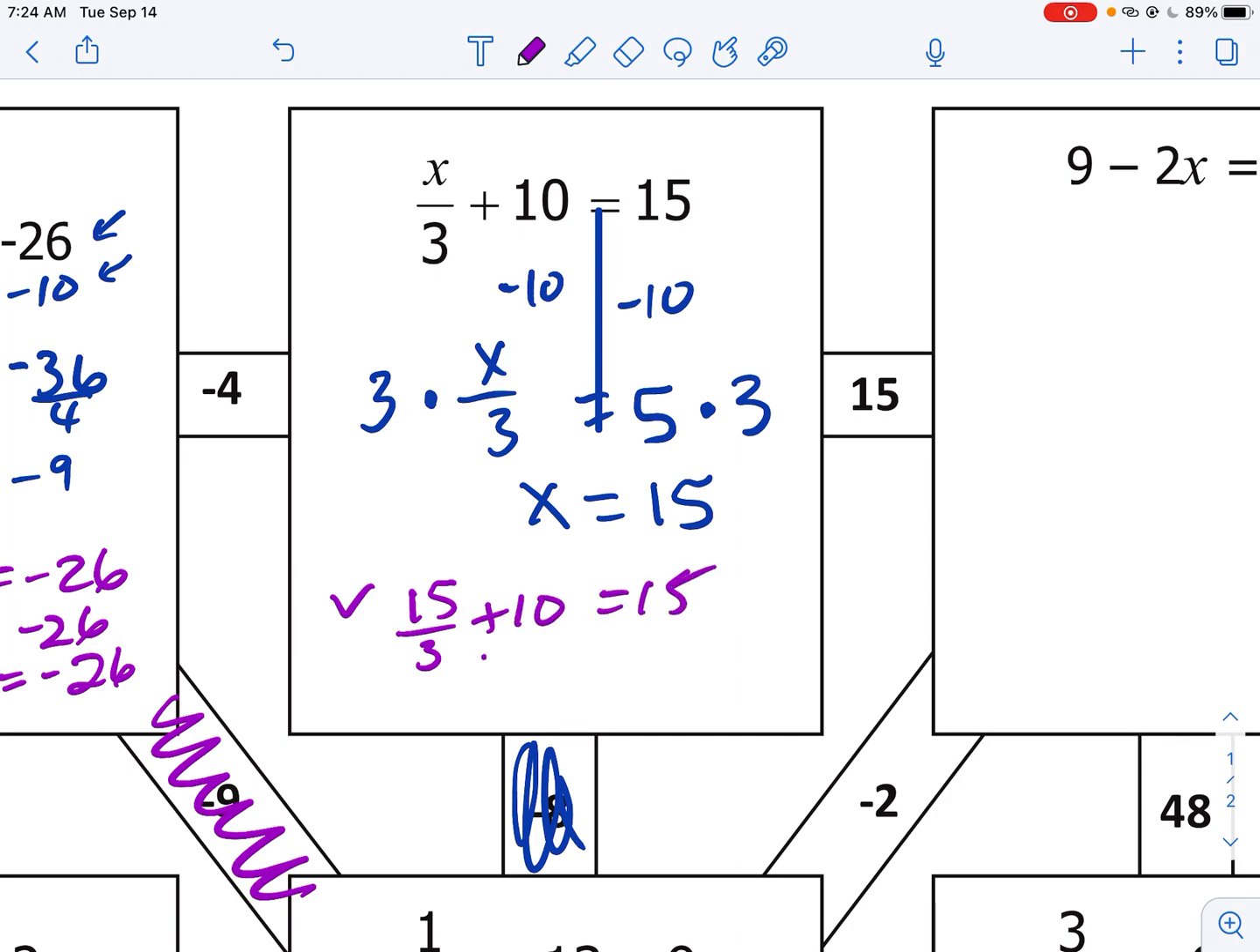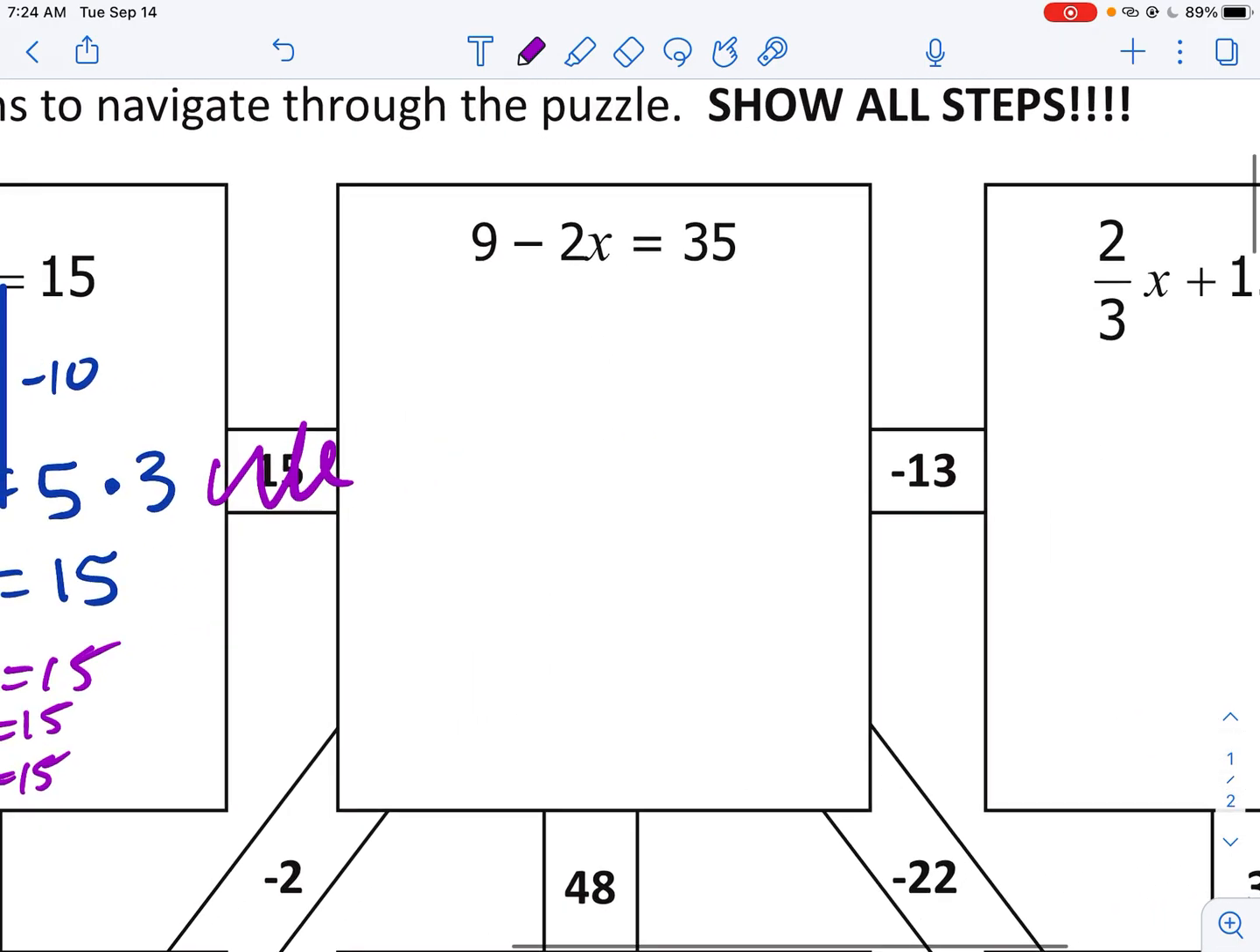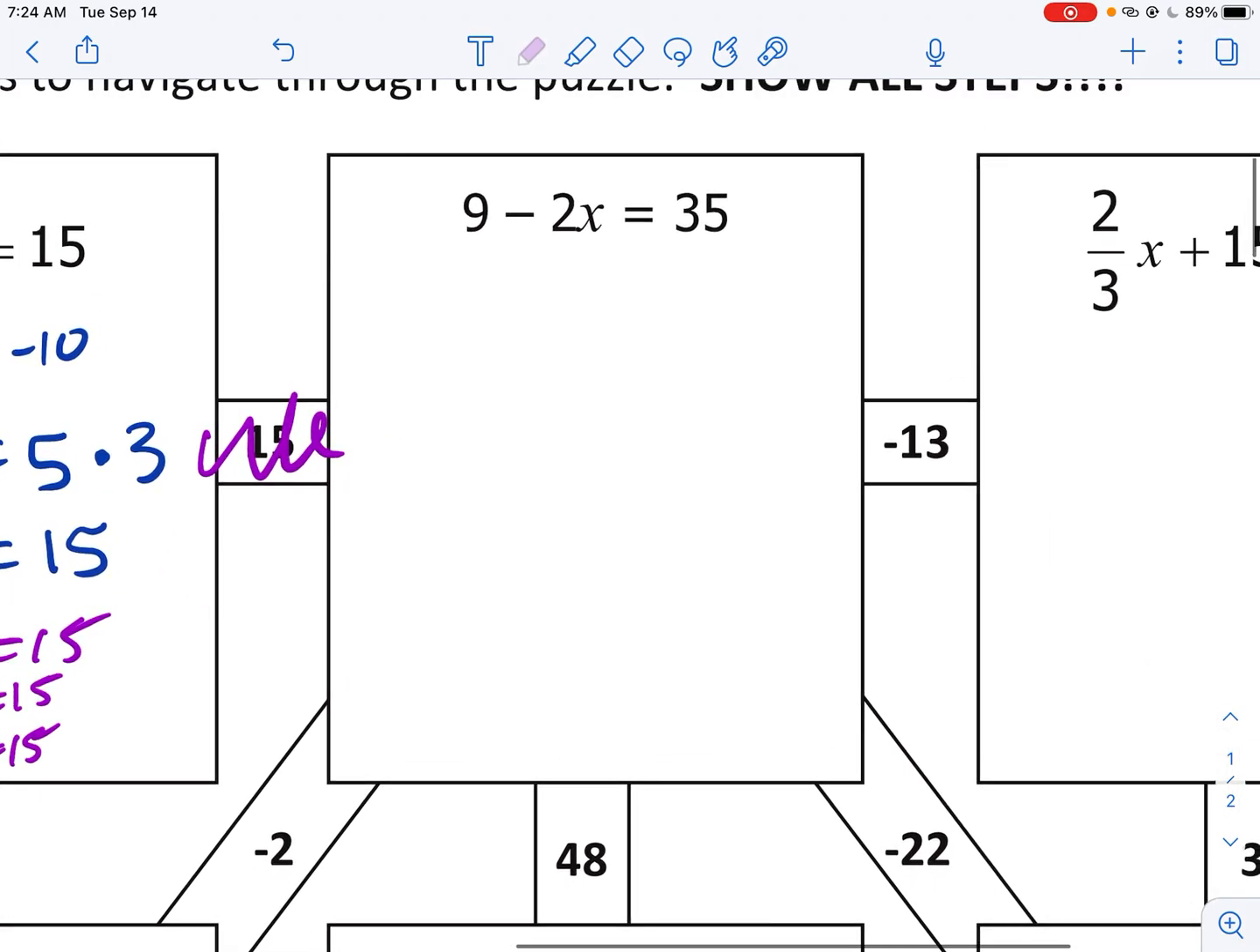Check my work. 15 divided by 3, adding 10, does that equal 15? So 5 plus 10 equals 15. That is true, so this is my direction that I'm going. Then, on this one,